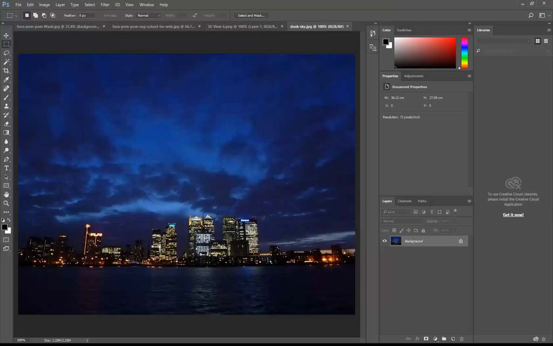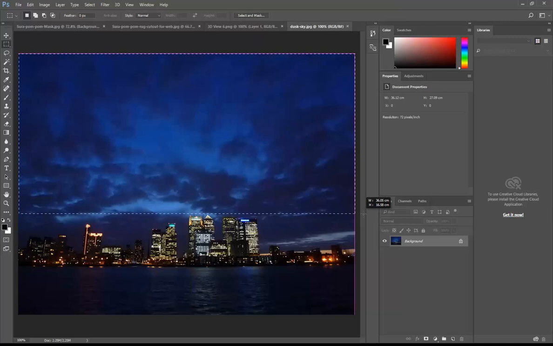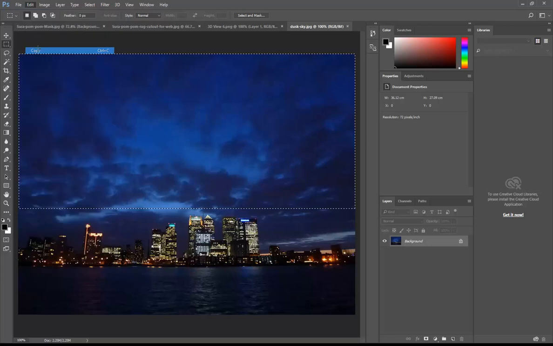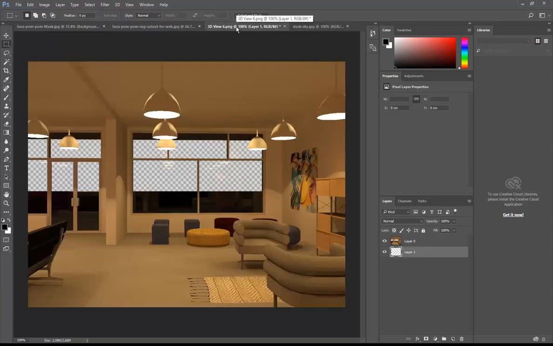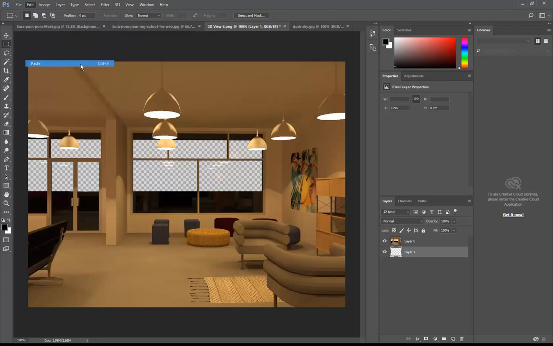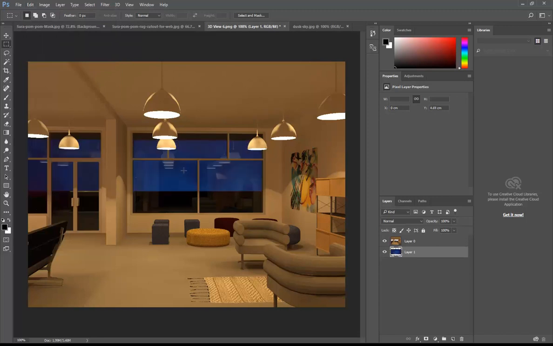I'm just going to ignore the city there below it. So I just want the top part. So I'm going to select that. Again, edit, copy, and I'll go back to the original file, and then edit, and then I'll just do paste. So there we are. I've got a new layer that I made with this sky now added to it,